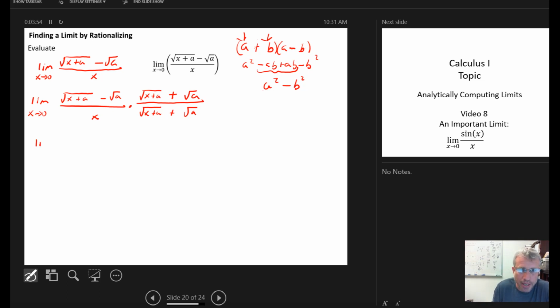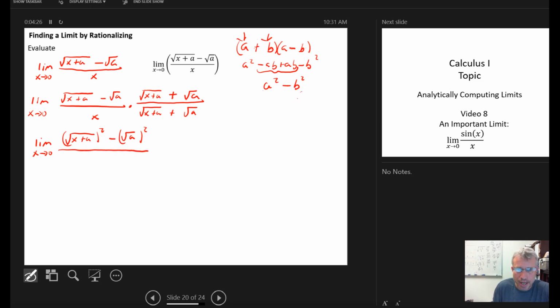So when I multiply, I get the limit as x goes to 0 of, and I can do the shortcut. A times a is a squared. So it's going to be the square root of x plus a, squared, and then I'm going to get minus the second term squared. I get the square root of a times the square root of a is the square root of a squared, using the shortcut,